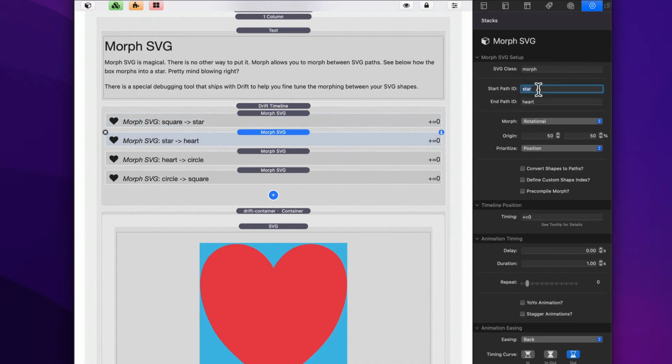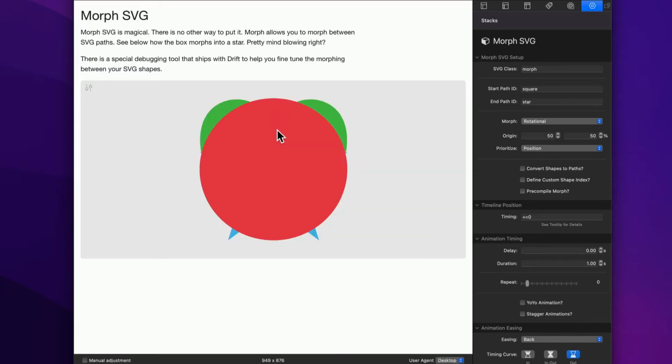So what we want to do is, even though the square is the shape of a star, we want now the square to be the shape of a heart. And then we want the square to be the shape of a circle. And then we want the square to go back to being a square. Okay? Hopefully that makes sense. So you're going to be animating the same thing. You're just changing the shape of it. So let's go ahead and preview that. And there we go. We now have the one single shape animating and morphing in between each of the shapes